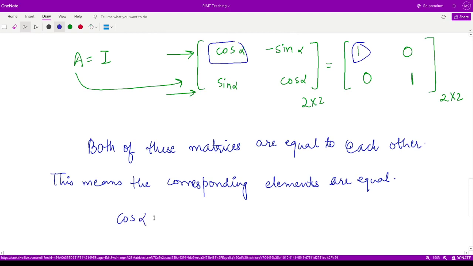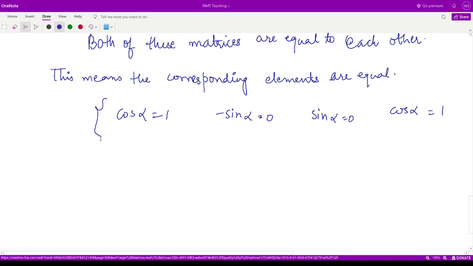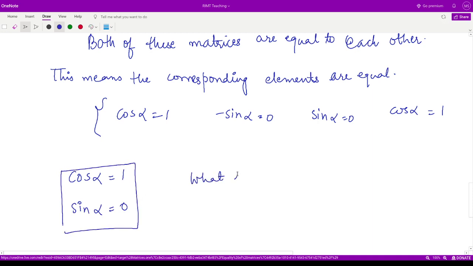Cos of alpha is equal to 1. Minus sine of alpha is equal to 0. Third entry, sine of alpha is equal to 0. And the fourth entry, cos of alpha is equal to 1. So basically, out of these 4 equations, if you look carefully, we get cos alpha is 1 and sine alpha is equal to 0. Now here, in order to calculate the value of alpha,